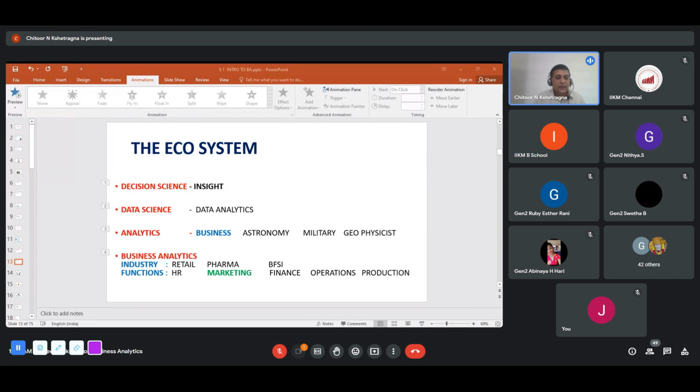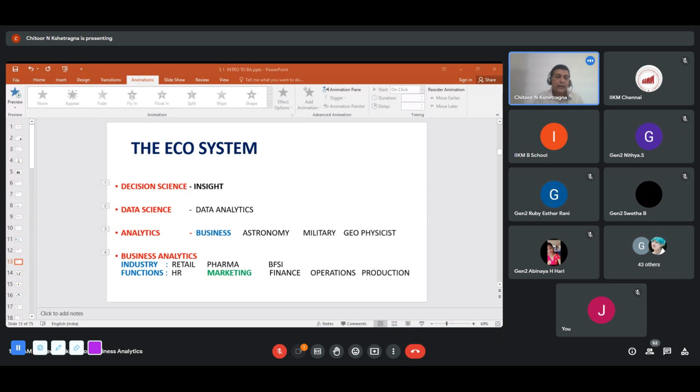It can be industry-wise, like retail analytics. Retail is the example I gave. Flipkart is retail e-commerce. Amazon is retail e-commerce, right? Or it can also be somebody like Zomato, Swiggy. They're also in retail. Pharma, Ranbaxy, GlaxoSmithKline, they do analytics. All these pharma companies. And then you've got BFSI. BFSI stands for Banking, Financial Services, Insurance. For example, LIC, Life Insurance Corporation of India, will do analytics.